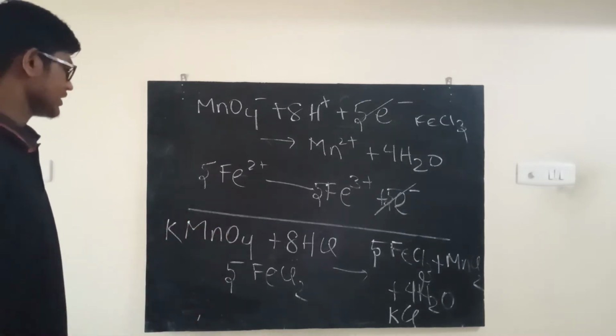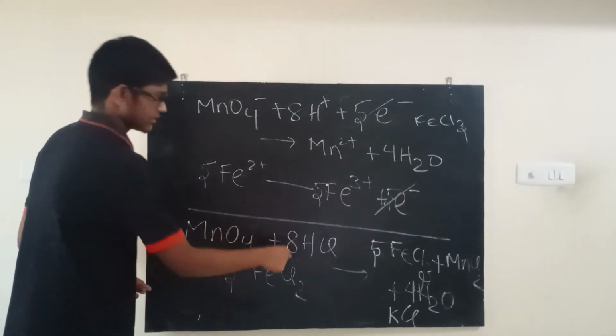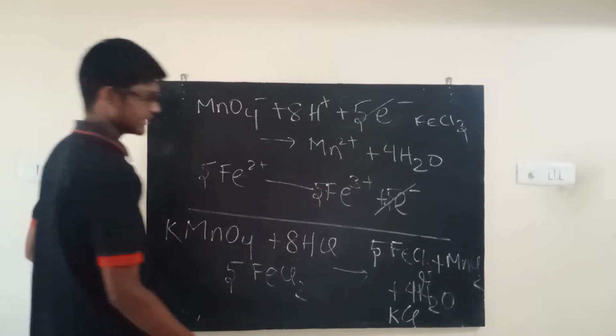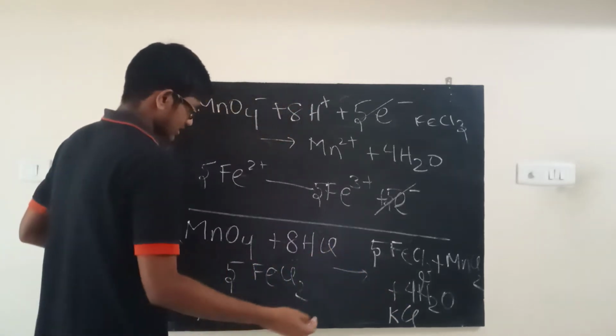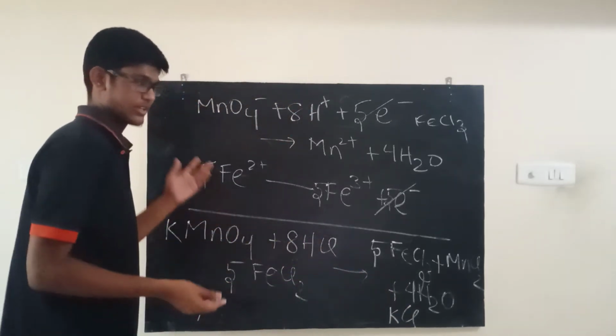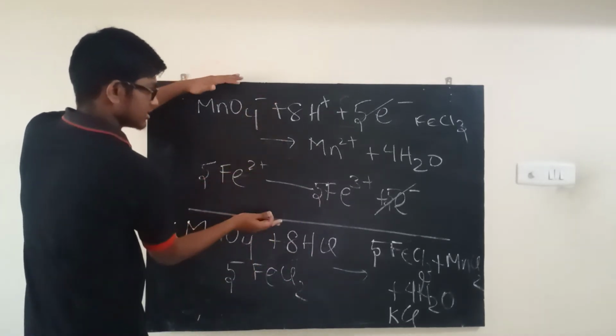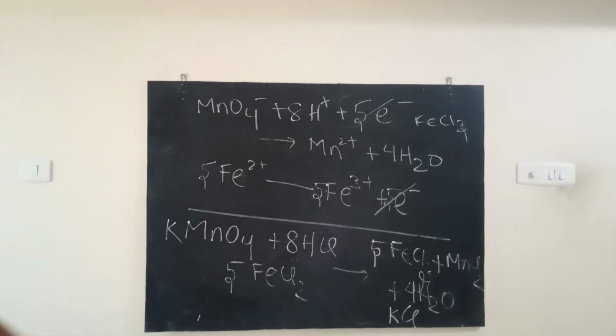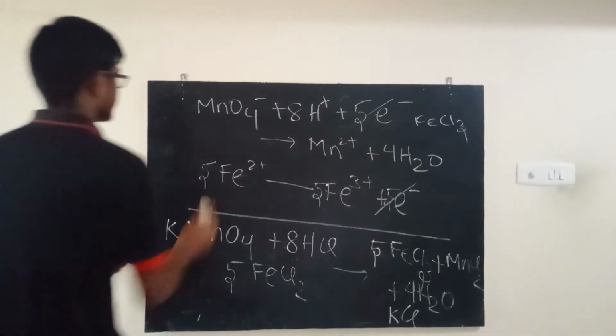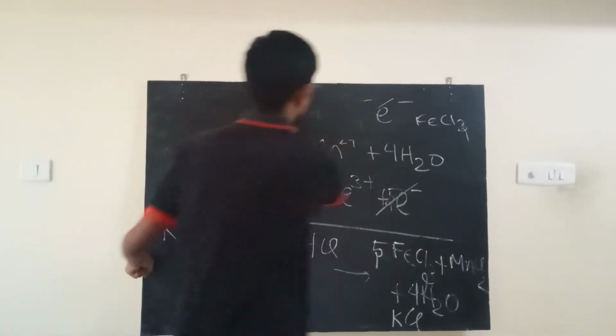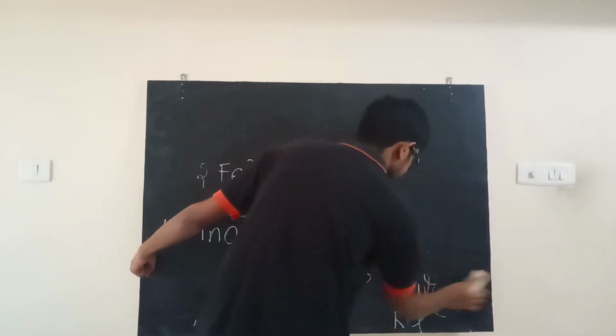So you go to the lab and you say, take 1 mole of KMnO4, 8 moles of HCl, and 5 moles of FeCl2, and you'll get these products. But you can see that the K plus and all didn't do much, right? They were here, they were there, doesn't matter. But what actually made a difference was these 2 reactions. So that's what we're doing here also, okay? So I just wanted to make that clear for you guys, just in case. Kind of confuses us sometimes.